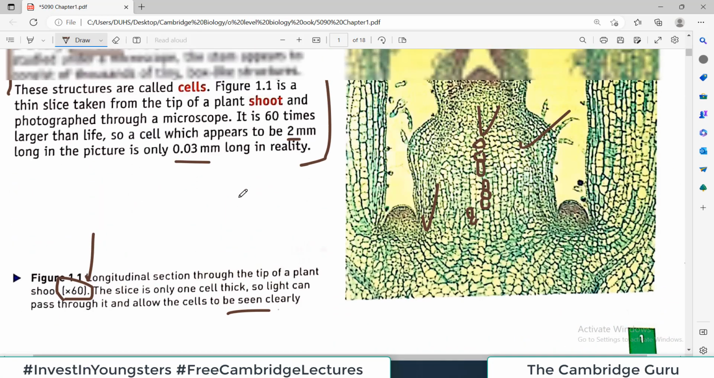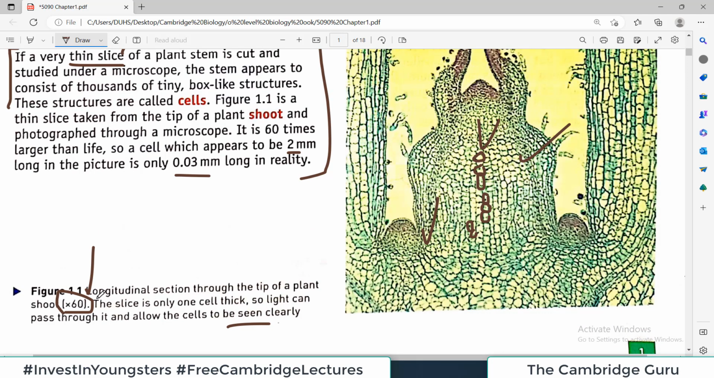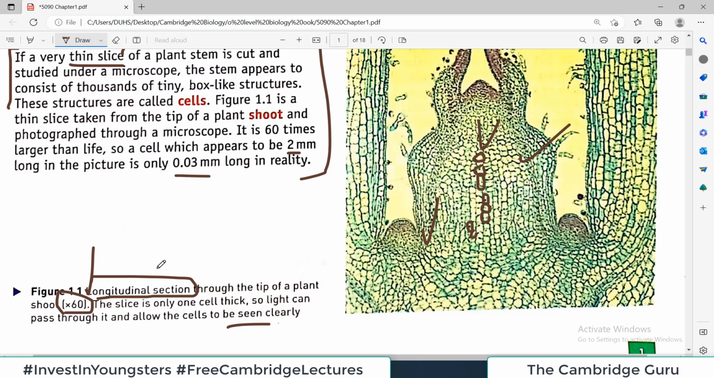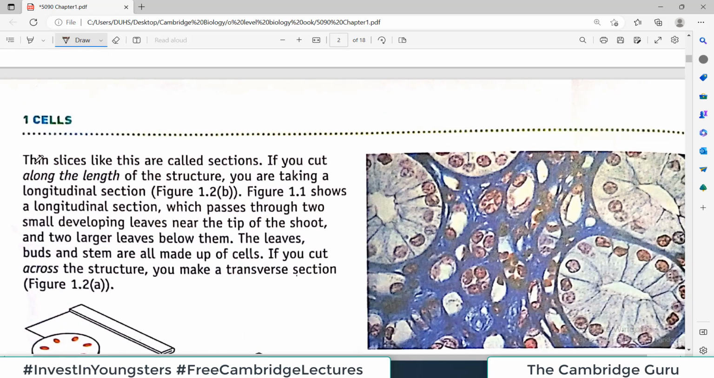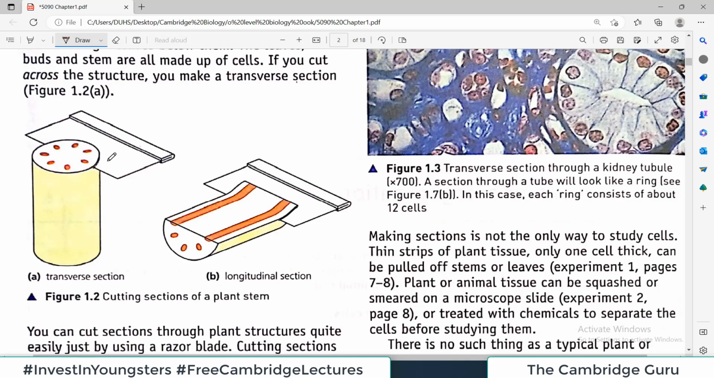Now we have to understand two terminologies. There we have used a terminology called longitudinal section, and you should master what we mean by longitudinal section. Okay, so here for example, thin slices like this are called sections. And we now know that slices are equal to sections. So if you take a blade and cut something like this, this piece generated is known as a section. Okay, now there are two ways to cut something, and they are both shown in this particular